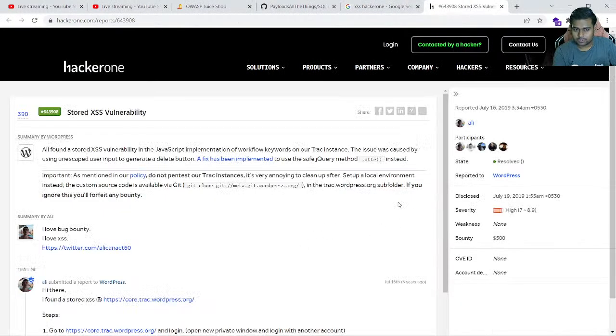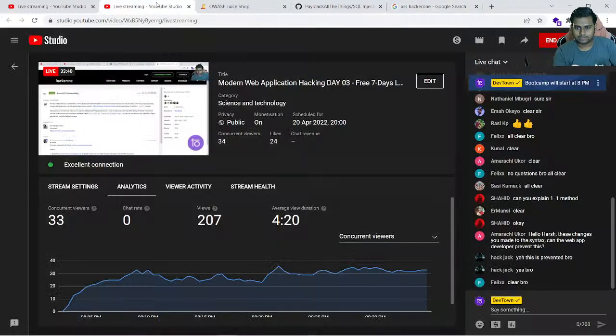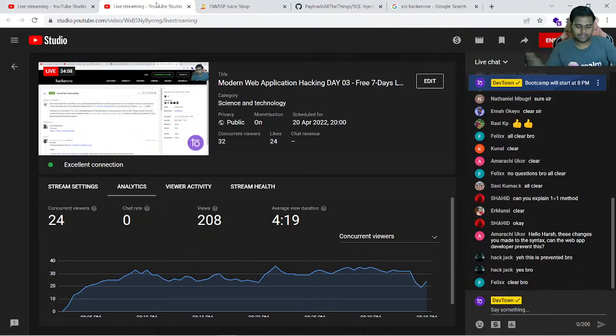This was reported to WordPress, and this guy got $500. Okay, so you can see almost everyone has a similar reward, like $500 or $700, right? So that is what you can get just for reporting XSS, and it's really quite easy to get